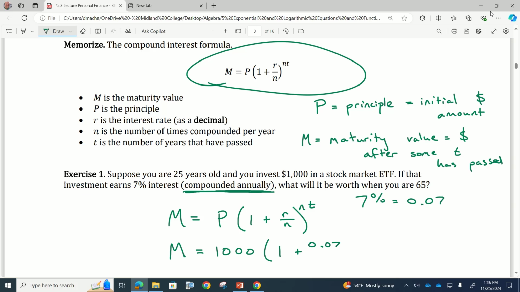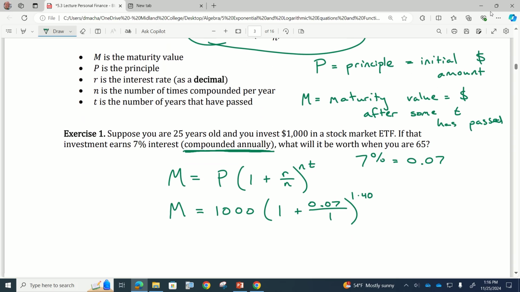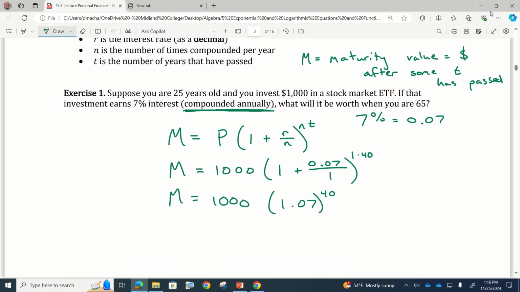So that's 1 plus r over n. What is n? 1, because that's compounded annually. That's 1 time per year. And then t is 40. Because if you invest when you're 25, and we're curious about the maturity value when you're 65, that means 40 years have passed. So we can simplify a little bit by hand and say this is going to be 1,000 times 1.07 raised to the power 40. So in your calculator,